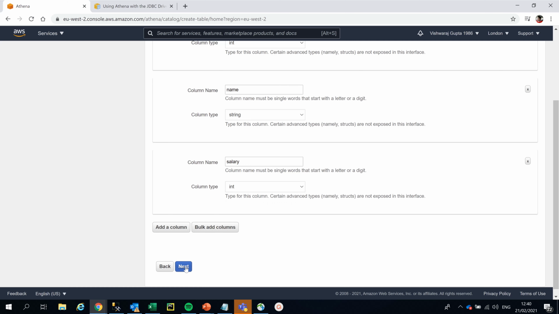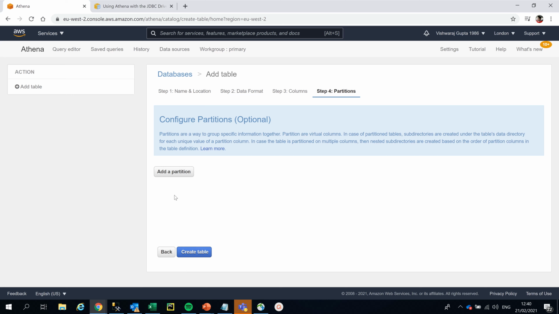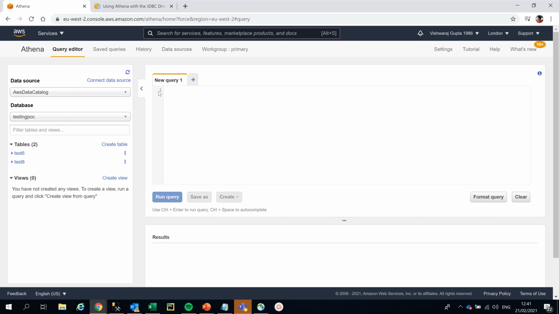And then you click next, and you don't need partitions here. Partition is just for when there are a lot of partitions in the data. So guys, I won't go and create the table since I already have a table. Once you have gone through those steps, now your data is there.